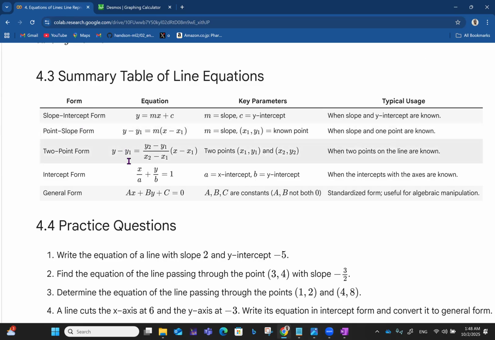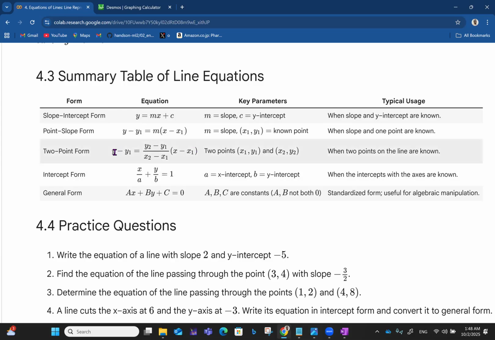For the point-slope form, you have y minus y1 equals m times x minus x1. So the key parameters: m is the slope, and x1, y1 is the known point. It is used when the slope and one point are known. Then for the two-point form, you have y minus y1 equals y2 minus y1 over x2 minus x1